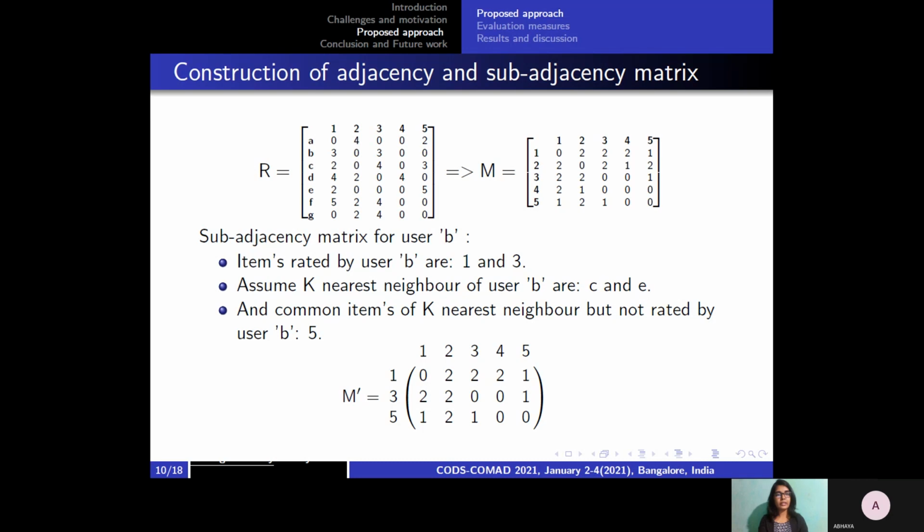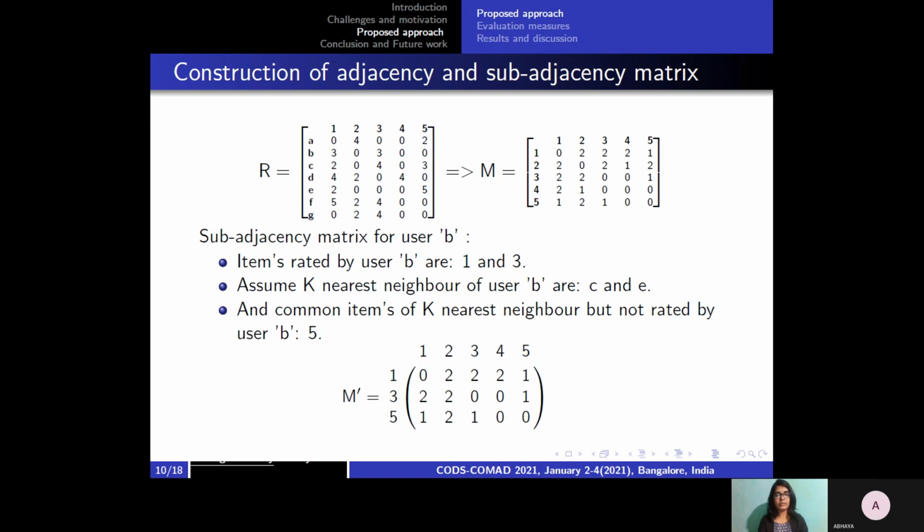So 1 is already rated by B. So 1, 3, 5: these are the three rows we have to extract from the M. Row number 1, row number 3 and 5 need to be extracted and constructed. So this is the sub-adjacency matrix for user B.